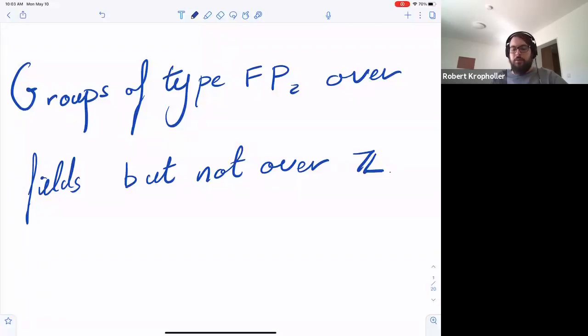So yeah, I want to talk about groups that are of type FP2 over fields, but not over the integers. And so I'm going to define what FP2 is and tell you the background. Okay, so let me start with